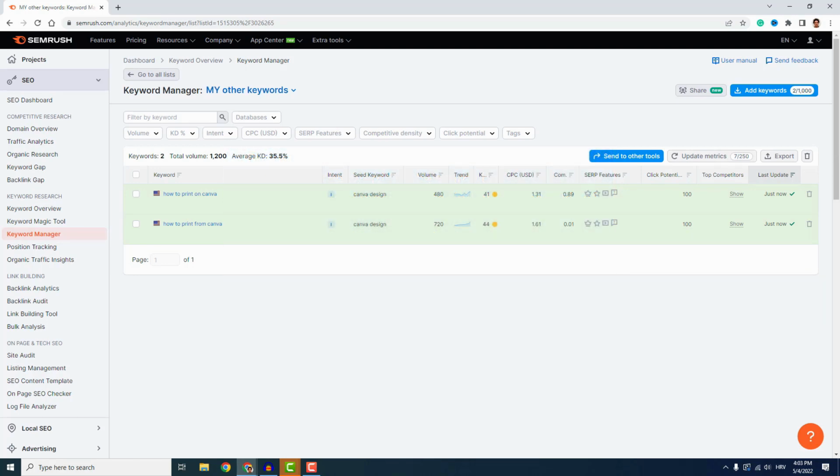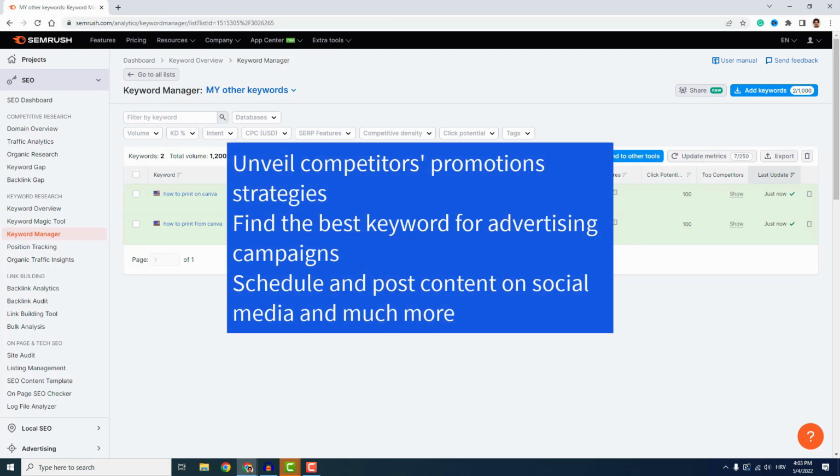So that wraps up how to do keyword research with Semrush. It's a very powerful tool that can greatly help you with your keyword research, but also you can use Semrush to unveil competitors' promotion strategies, find the best keyword for advertising campaigns, schedule and post content on social